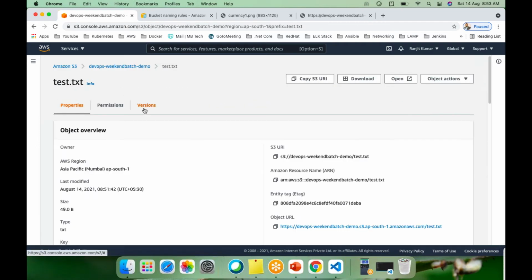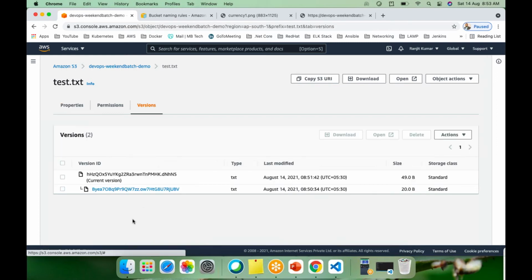So what we can do now, just go to the object and modify the permissions quickly. See, here we don't have the read access. Just give everyone read and save it. So now one question will be coming to your mind, right?